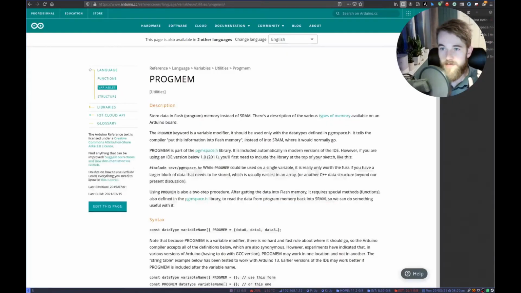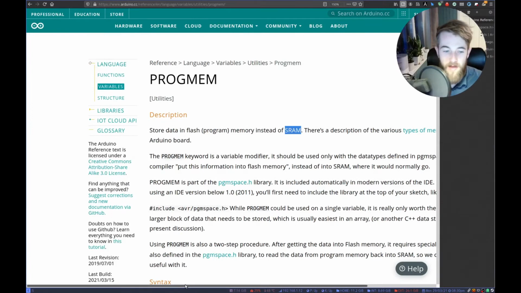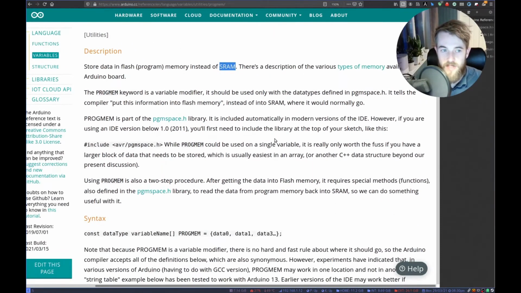It moves, so the progmem, we can use this to store data in flash, or also called program memory, instead of SRAM. That means that we store it right next to our code instead of storing it in memory. But in order to get it out of SRAM, we have to use this PGM space library,